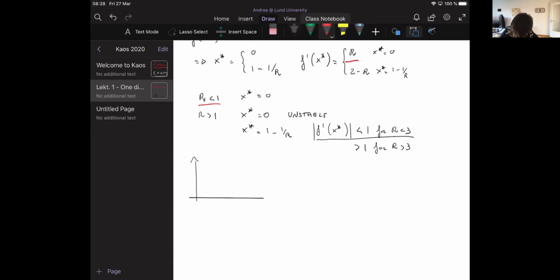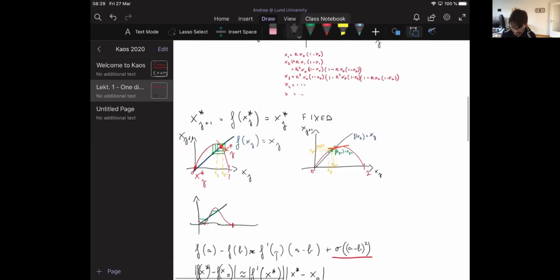So let's draw the case. This is J, and this is X of J. At each and any point in time, the system will evolve. And as I told you, it will evolve exponentially at the beginning, and then it will evolve through other behavior that depends on R. If R is slightly lower than 3, I will have this oscillating pattern where I will have 2 viable solutions. And the system will oscillate among these 2 points, simply because the system